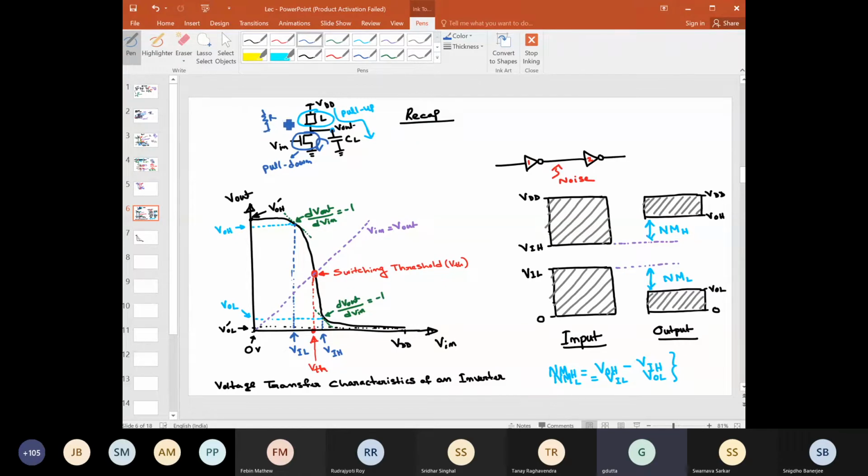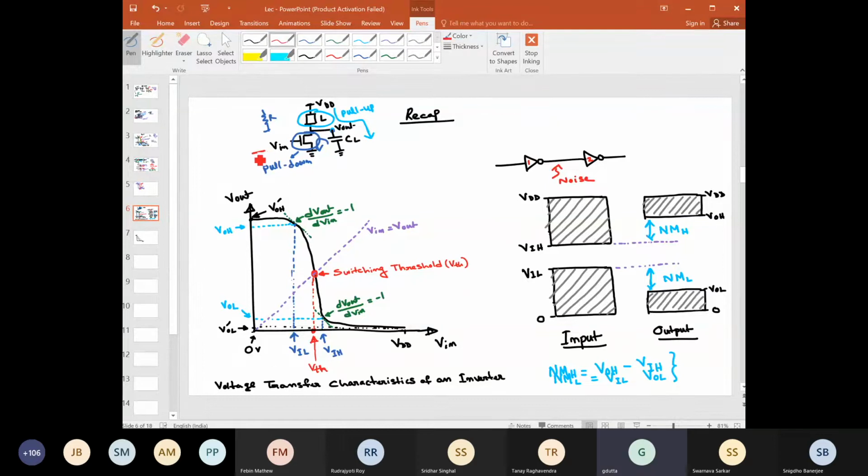In today's class also, we will continue our discussion considering that this load or the pull-up network consists of only this resistor, and we will try to see its merits as well as the demerits, and try to see how we can prevent these issues of this particular configuration by replacing this resistor with some other, maybe another transistor here, right? But before that we should understand what really those demerits are, right?